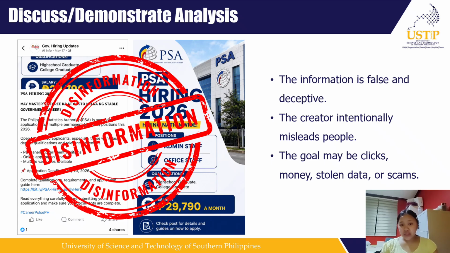And the second reason is that the creator intentionally misleads people. Why? Because this link here is not a guide. It is a Shopee link. And the goal may be clicks or money or stolen data or scams or to commit fraud or impersonation. That's why this is disinformation, because the information is fake and there is intent to harm by choosing to mislead the people. Now, let's move to our next